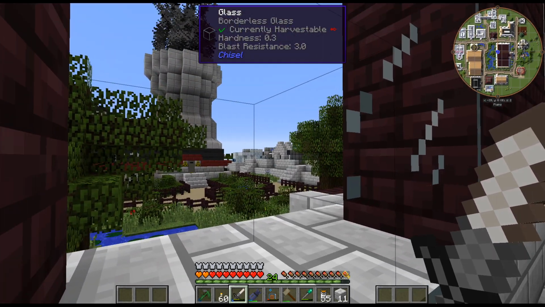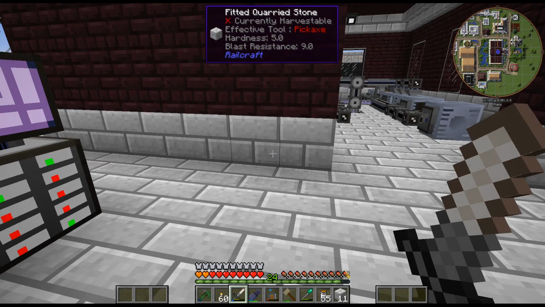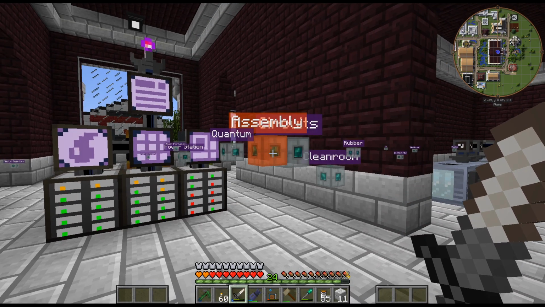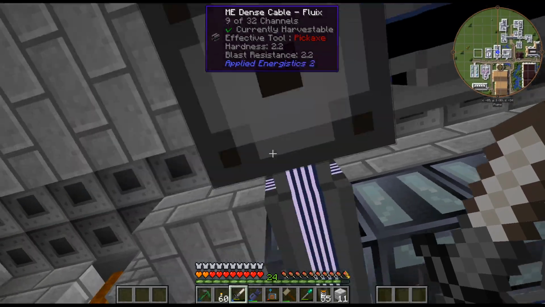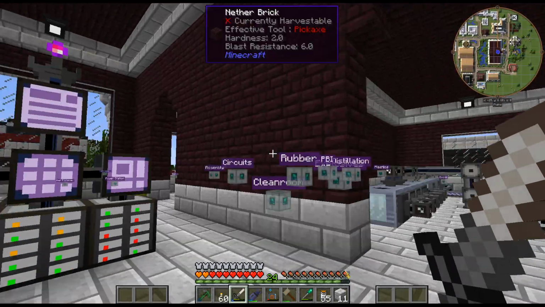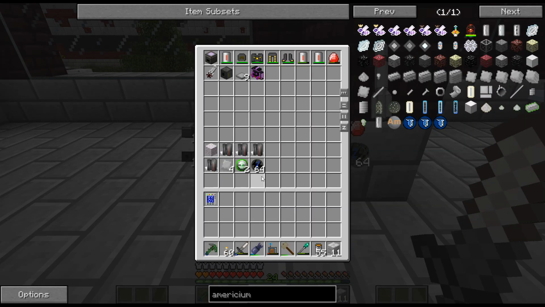Just looking out my window, looking at my assembly line run in here, because we are just crafting up the last of the components, and hopefully it didn't get messed up. I think we're good. Sometimes it works, sometimes it doesn't. But yeah, we're getting the last of the superconducting wires here, and we should be able to craft up the, yeah,